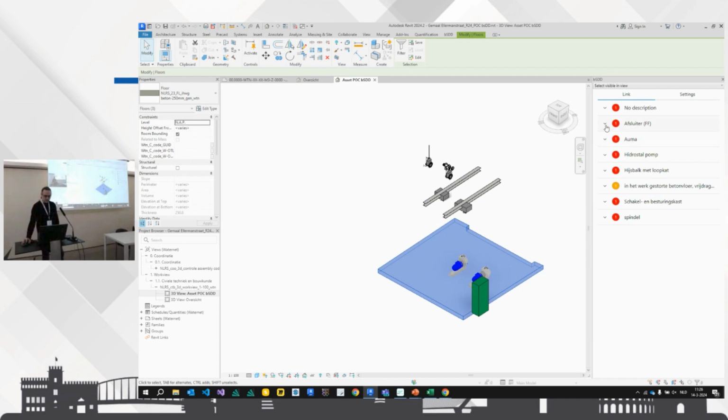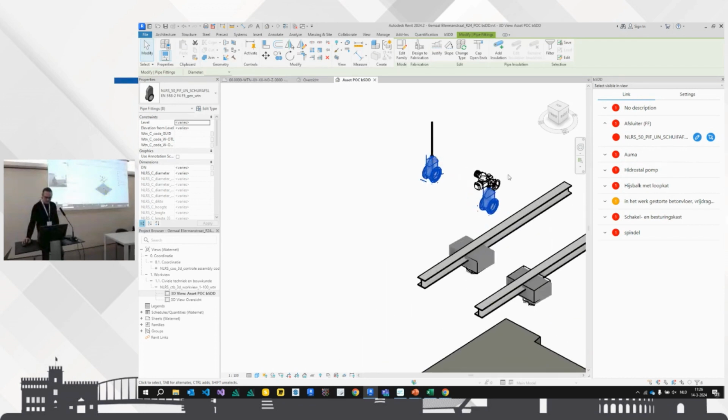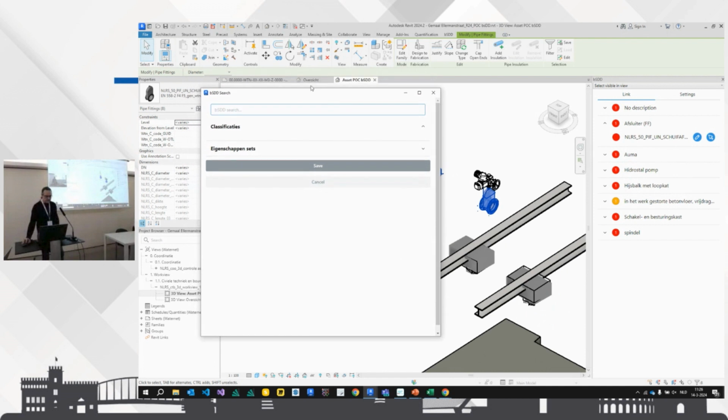So what I will be doing now is take this afsluit object, those two objects, and I will go to the BSDD search window and search for